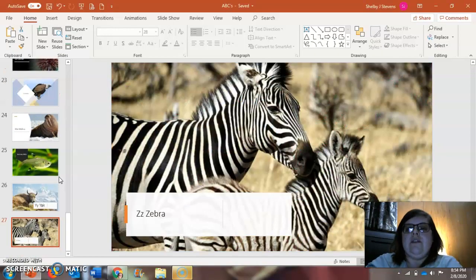Now using these different animals, it will help you remember which letters start with which animal. If you study these and keep practicing, once you see the picture of the animal, you'll automatically know what